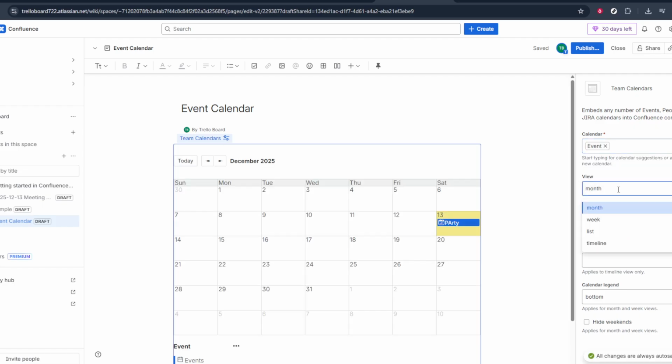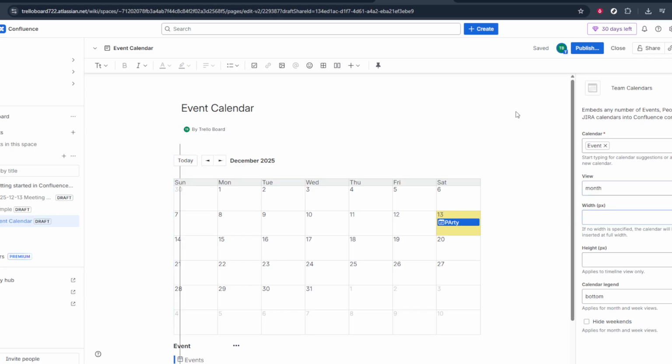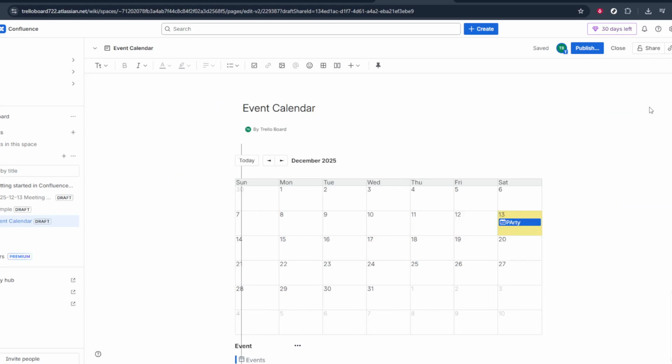A dialog will appear asking for some details, such as which calendar you want to display and how it should look. Fill in those details, choose the relevant calendar you just used, and confirm your settings. After that, save or publish the page, and your